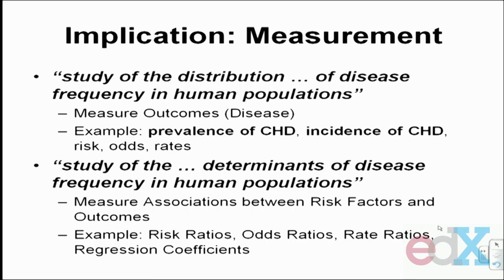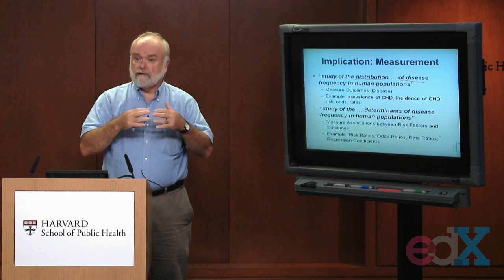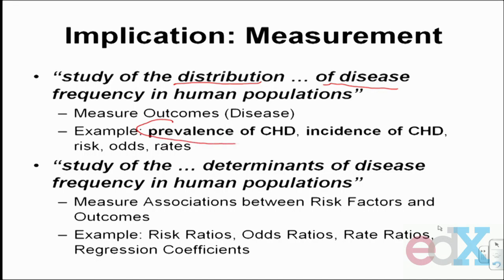And what I'm going to use is that definition again and look at the first part of it that says we epidemiologists study the distribution of disease in populations. So what we do is we measure disease, we measure outcome. Last week we were measuring how much disease exists in a population at a point in time. We were looking at people in the Framingham Heart Study who attended the 1956 examination, and we were looking at, among those people, how many of them had pre-existing heart disease. What was the prevalence of coronary heart disease? So last week in the lectures and in the Stata demo that Elizabeth ran, we were talking about the overall distribution of coronary heart disease and how it might vary in different subgroups of people, men versus women,